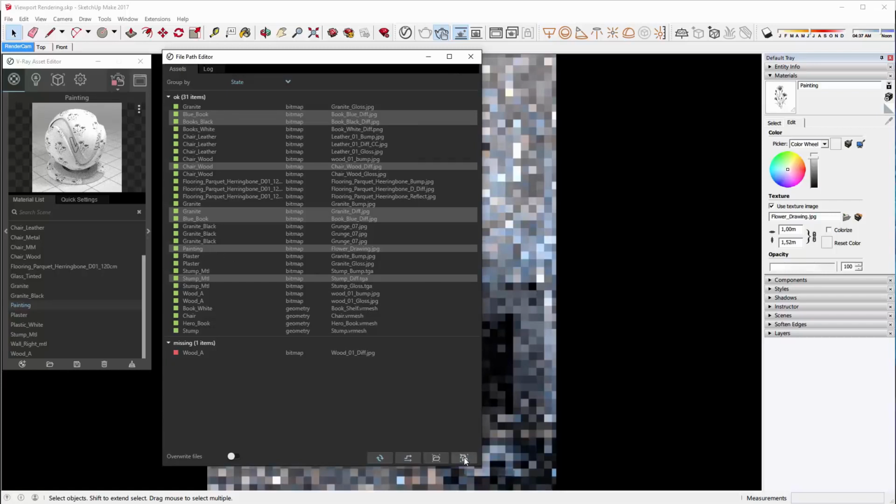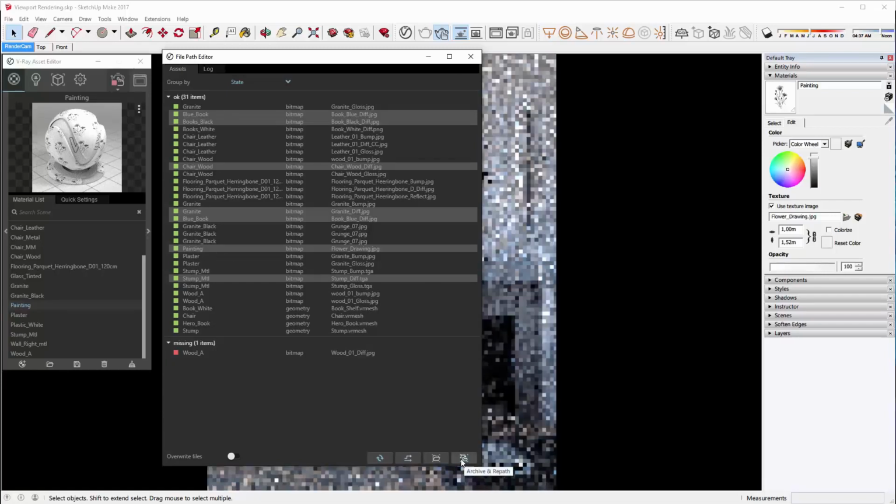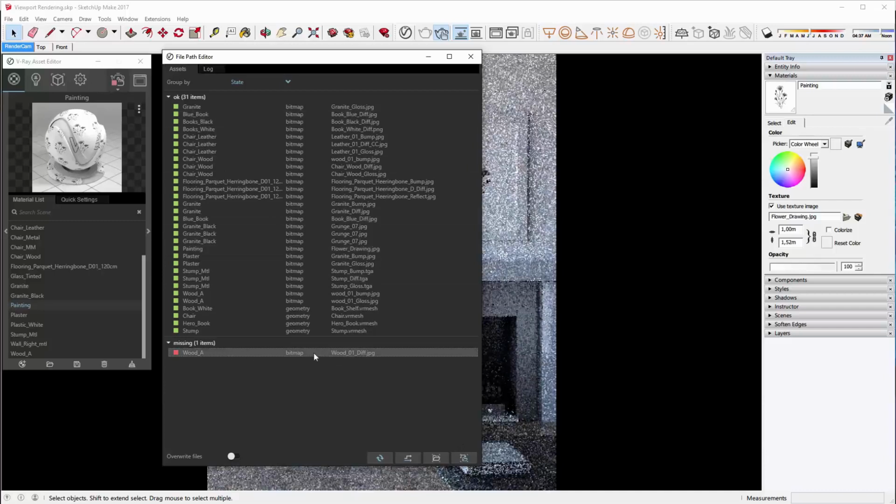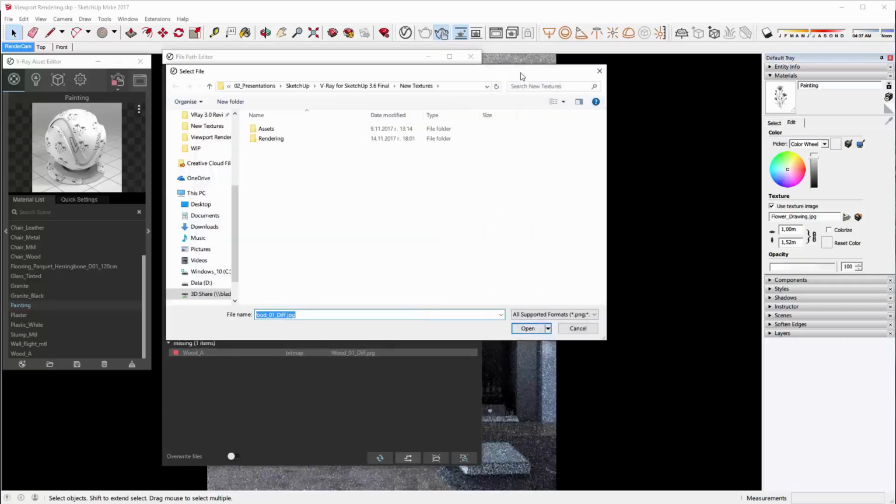And we have a button for doing that at the same time, archive and relink. We can see V-Ray update in the background. Now we only have one texture that is missing, and we need to relink that as well. So click on the repath button and navigate to the texture. I know where it is.